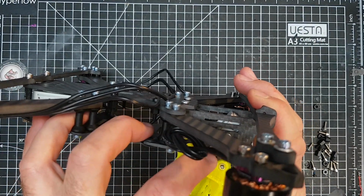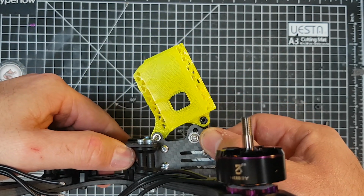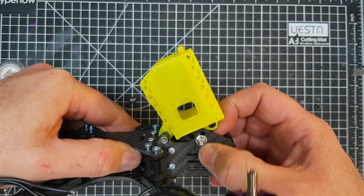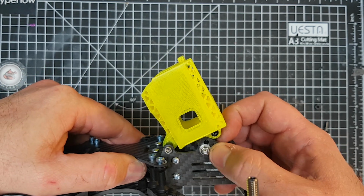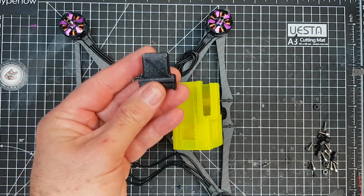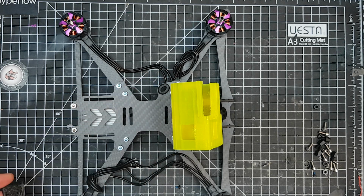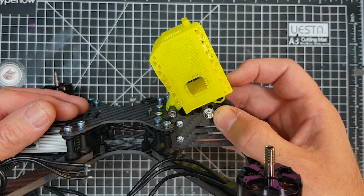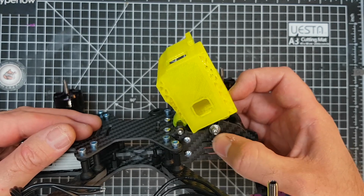just removing this bolt here and again on the other side, but you'll see that this area here has a sliding mechanism, and the reason for that is with the actual frame itself you get two bars. You get this one which is 35 to 50 degree camera angle, and you get the one which is currently on which is 20 to 35 degrees, and this slot here just allows you to vary your camera angle on